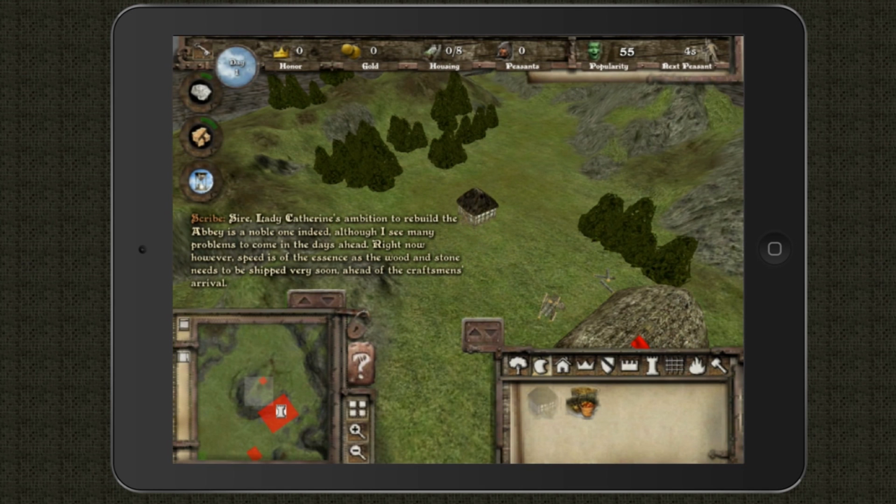Well, Sire, Lady Catherine's ambition to rebuild the abbey is a noble one indeed, although I see many problems to come in the days ahead. Right now, however, speed is of the essence, as the wood and stone needs to be shipped very soon ahead